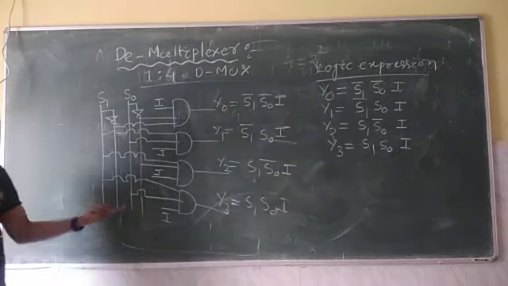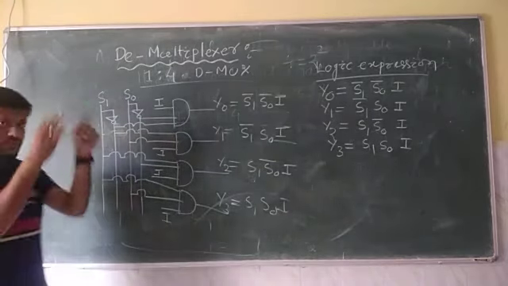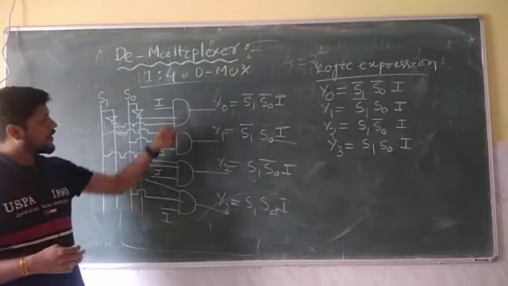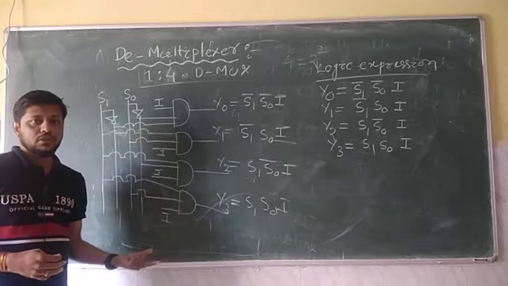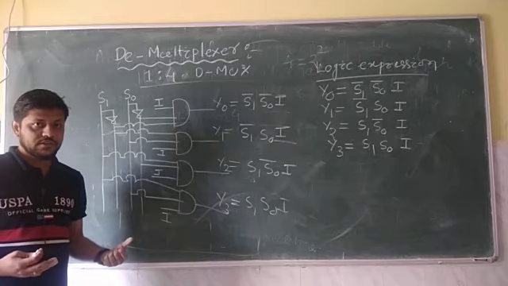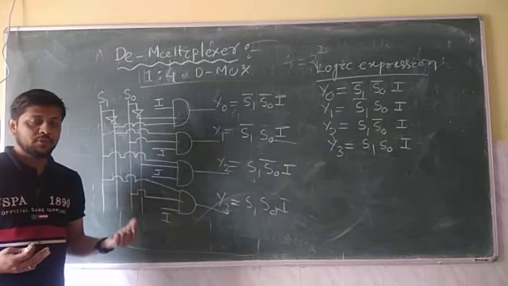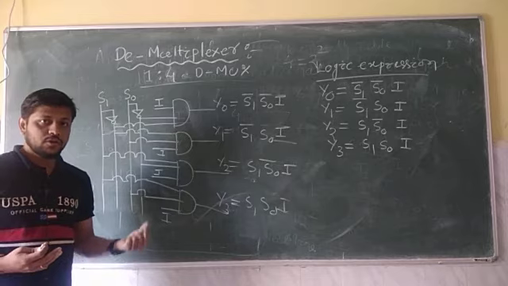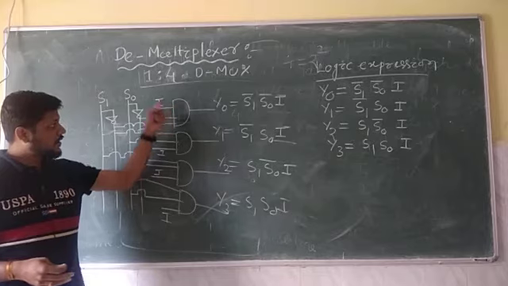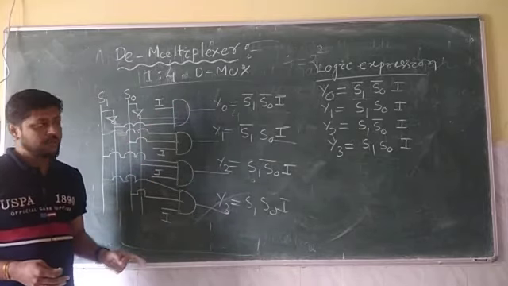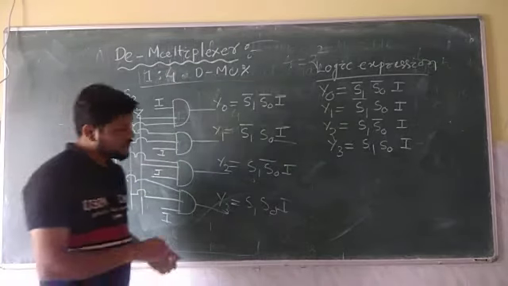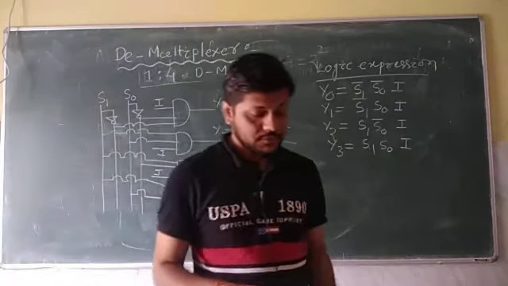So basically this is your 1:4 box. That box which I am constructing, I am only indicating the input line and output line here, but actually the internal circuit consists of this. So we get that as an IC chip, that is, integrated circuit. From the market you can get the IC chip directly for 4:1 MUX and 1:4 DEMUX, but that IC chip consists of the internal circuit of AND gates only. So we have 4 outputs, hence we need 4 AND gates. So this is all about your demultiplexer.